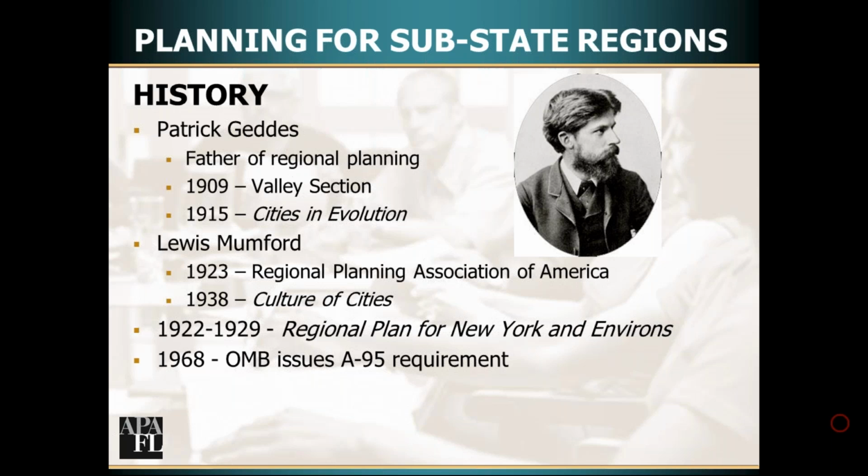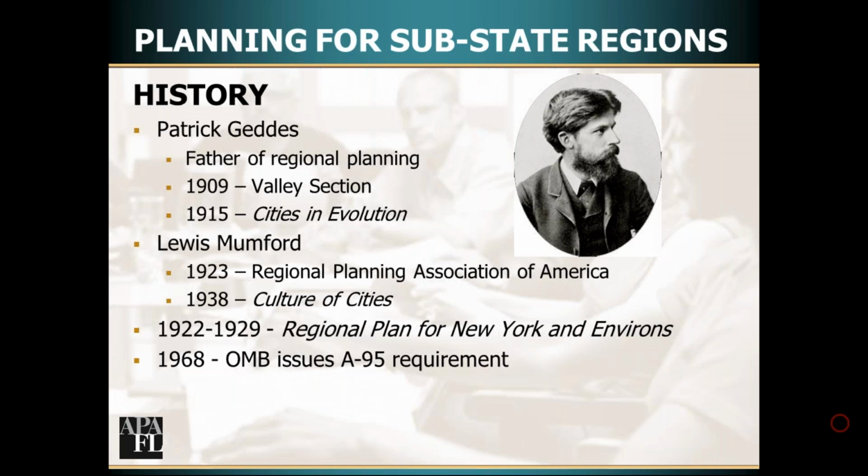And then in '68, the Office of Management and Budget issued the A-95 requirement that greatly stimulated the growth of regional planning councils, because it said there had to be a regional entity coordinating the review of a lot of the federal documents, particularly later those that came out of NEPA. This was later, after the '60s, NEPA and things like that. But there'd be somebody commenting for federal money and for sub-federal programs, things like that.